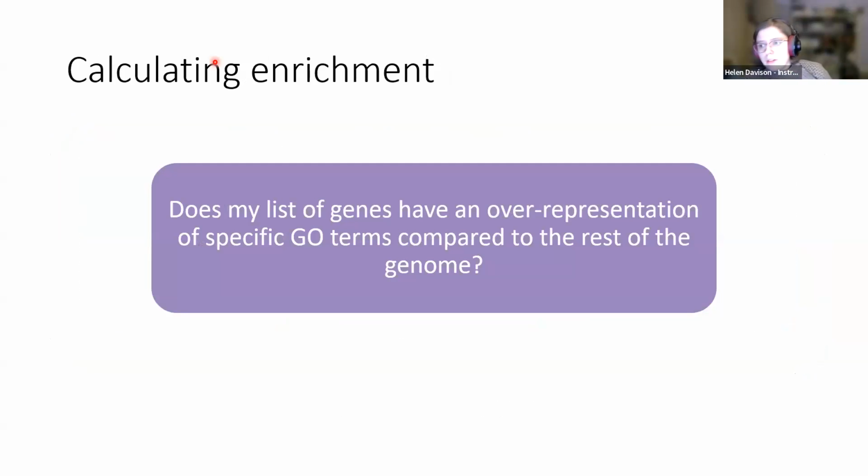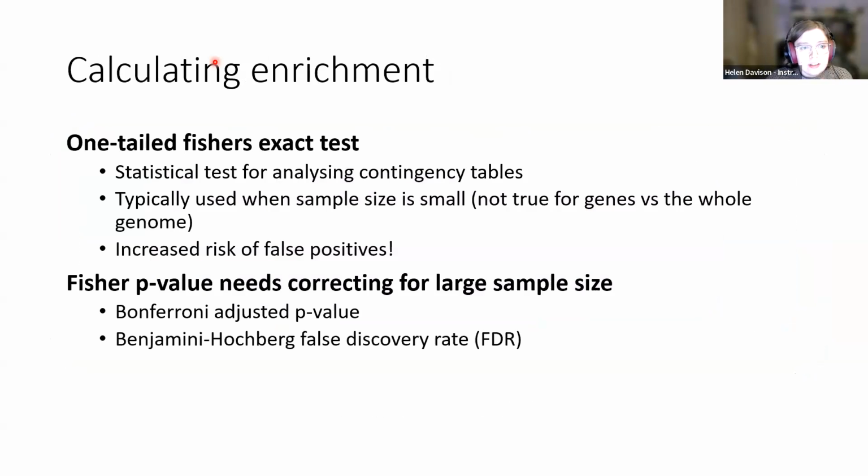And one thing, to start doing that, you can do something called gene enrichment. You can work out if your set of genes might have an overrepresentation of a specific GO term compared to the rest of the genome, and whether or not that is statistically significant or not. So